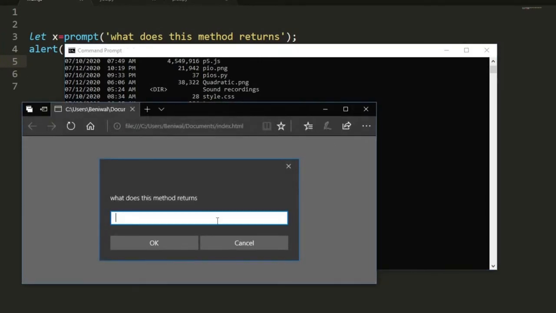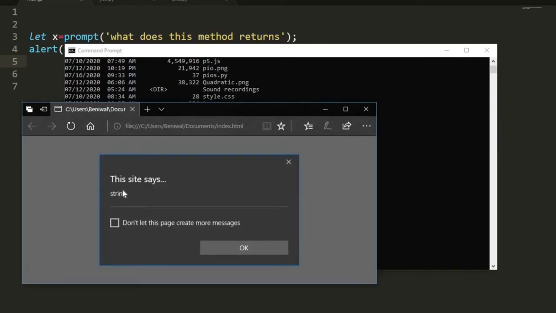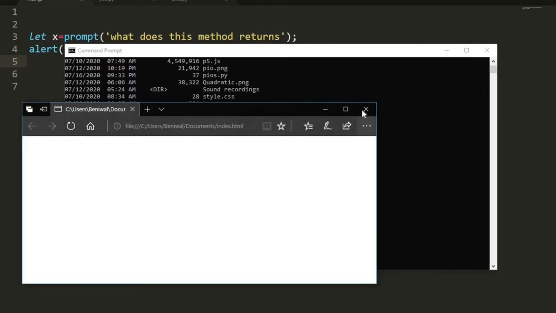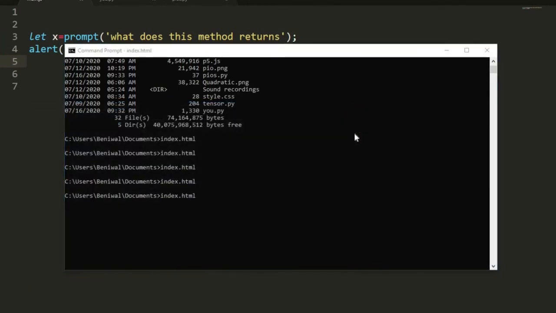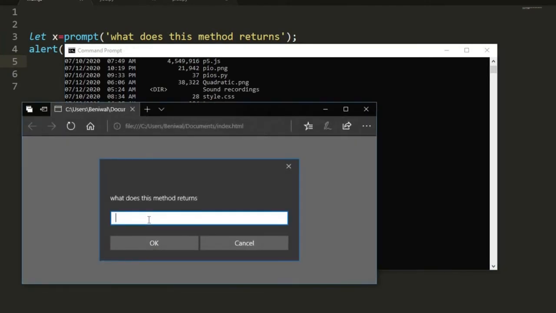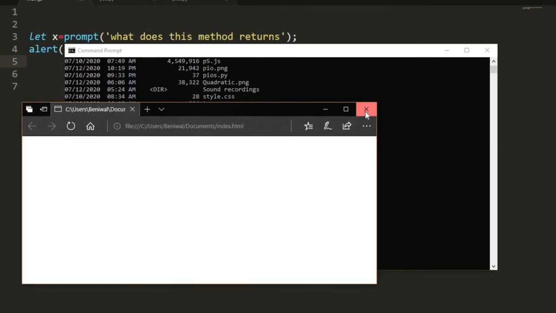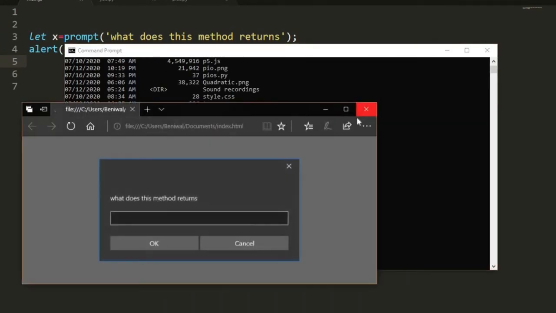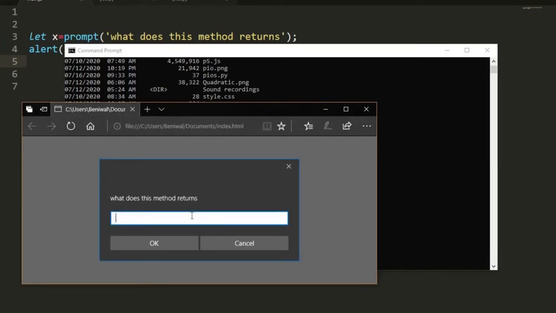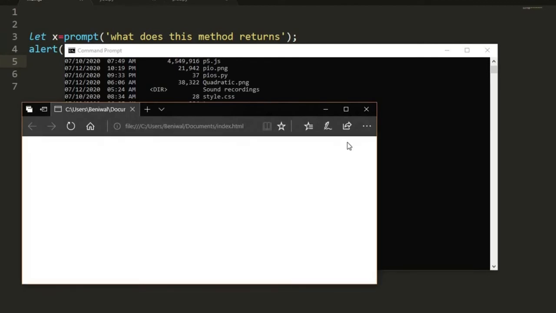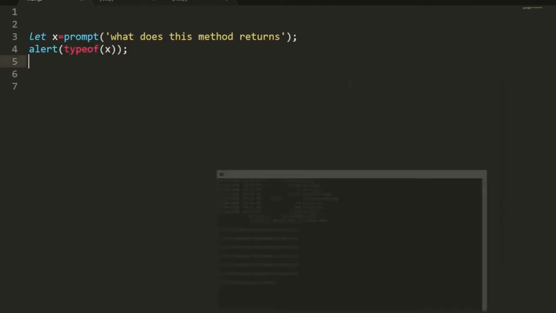If we pass 1, we got string, and again running our HTML file. We have 2, again a string, and running again. If we say true, again saying string, I think. Yes, so this method returns a string.